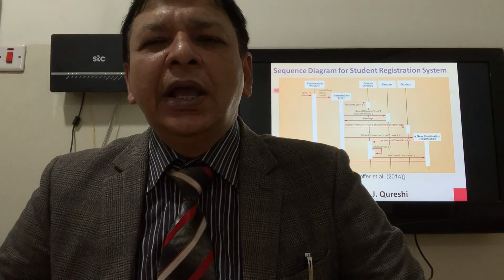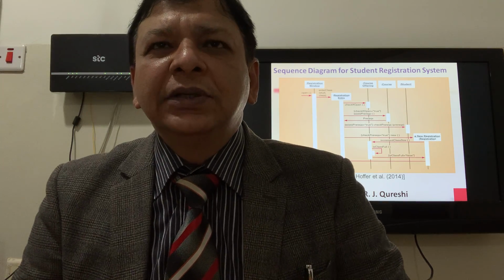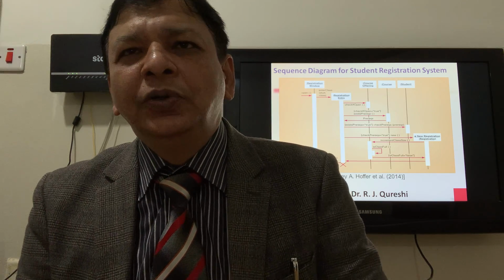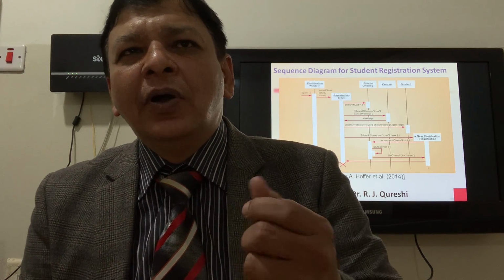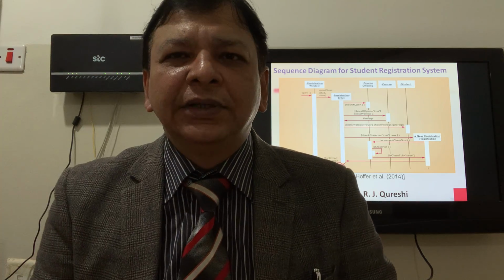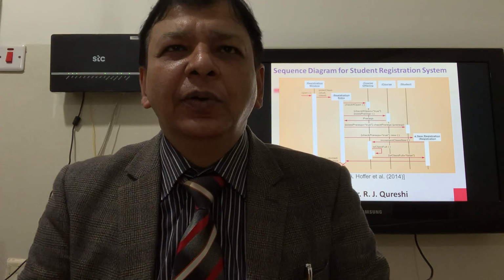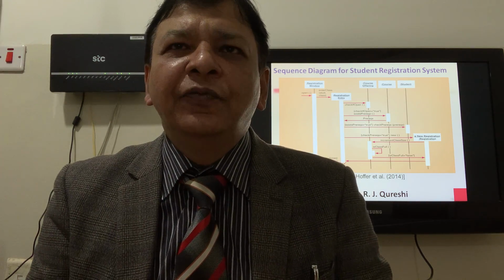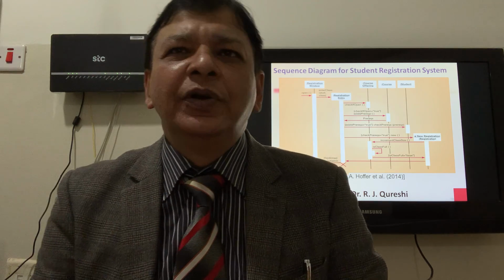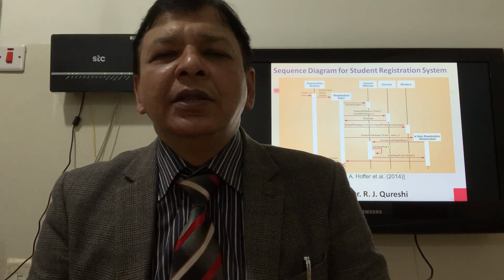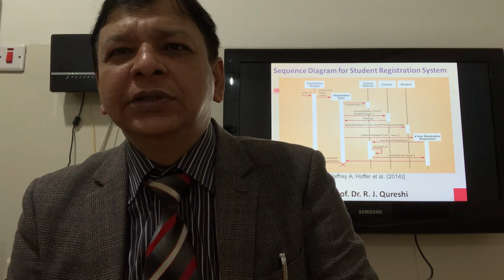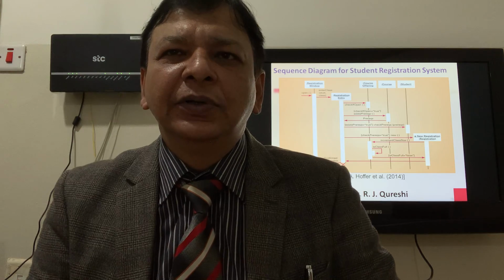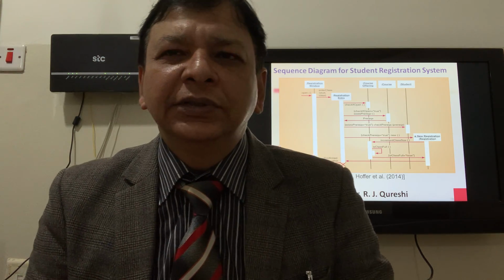Then this sequence diagram I took from the Modern Systems Analysis and Design book by Jeffrey Hoffer to show you the synchronous messages. We have open as a simple message. Then you have the registration window object, and then registration entry is there. Check if open, what courses are offered. So course offering. Then check the courses for prerequisites. What are the prerequisites of different courses? And then the list of courses.